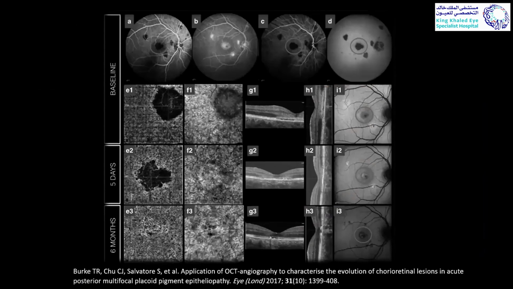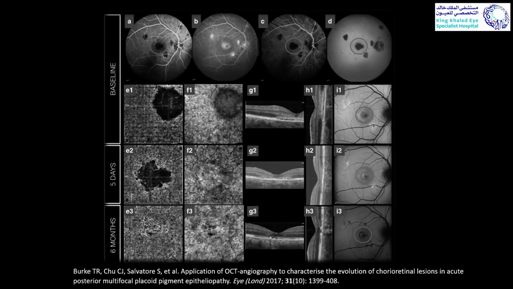So let us take a look at this multimodal imaging in a classic case of AMBI. In A and B, at the top, you will see this is a fluorescein angiography. It shows classically early hypo and late staining of the lesion. C and D represent the ICGA. You can see persistent geographic distribution of hypofluorescent lesion. And you can see in E1 and F1, this is the angio-OCT at the level of the outer retina and choriocapillaris. It shows the choriocapillaris blood flow void, indicating ischemia, and the OCT showing outer retinal hyperreflectivity.